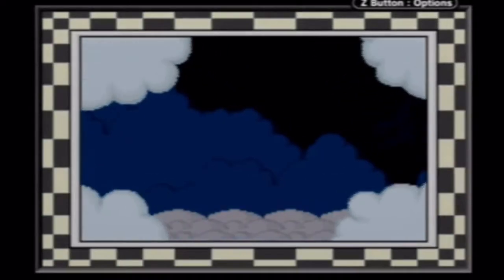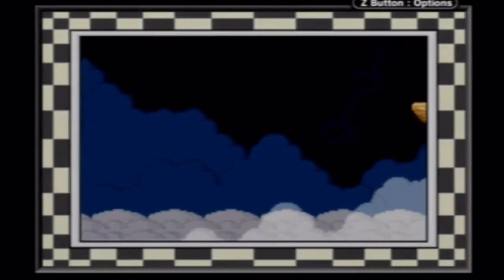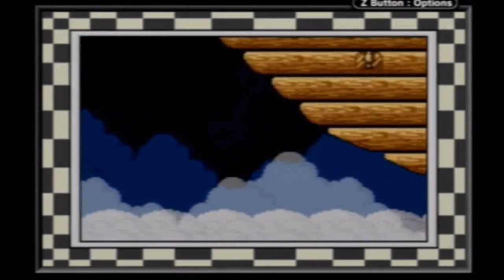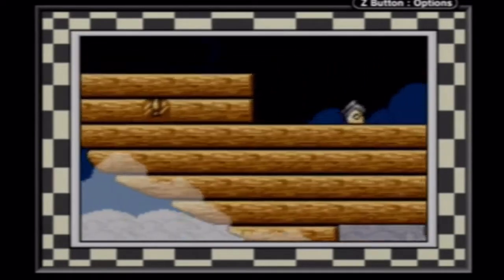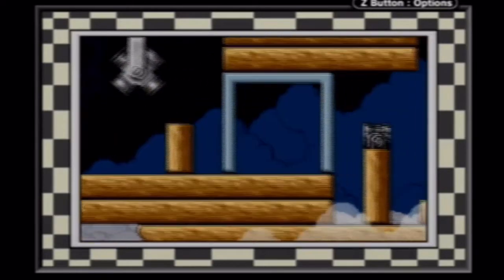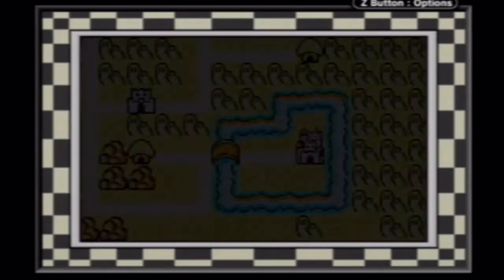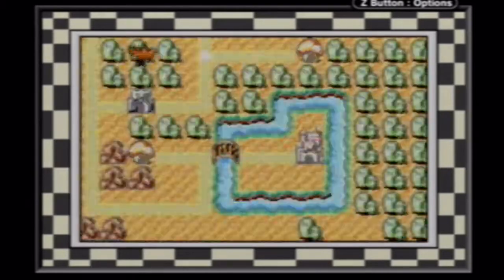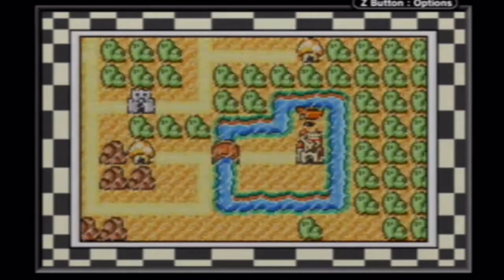This is Super Mario Bros. 3, played on the Game Boy Advance. The Game Boy Advance version does have some extras that were not in the original Nintendo Entertainment System version. One of them is this little opening cutscene, which demonstrates a bit of what the story is. And the story is simply